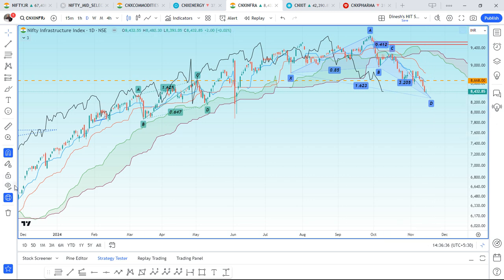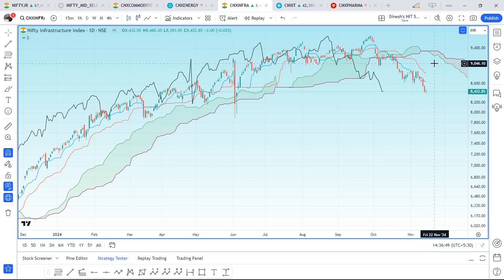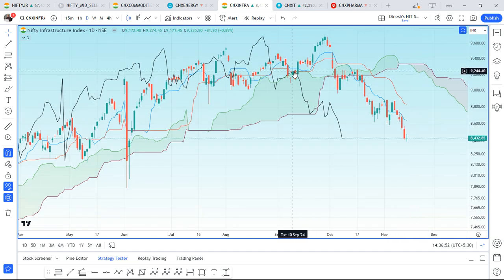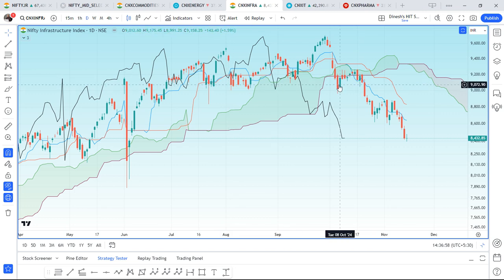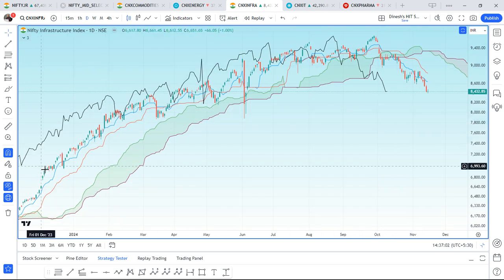8,675. This is where you can see a lot of consolidation happened before it broke down for 2 weeks. So once it manages to take out this 8,700 odd level, will it try to go back to 9,000 odd? And here you can see not a very clear head and shoulder, but an unorthodox one. Trend line breakdown took place out here. So that's the levels I will be looking forward to if there is a bounce in the infrastructure index, whether